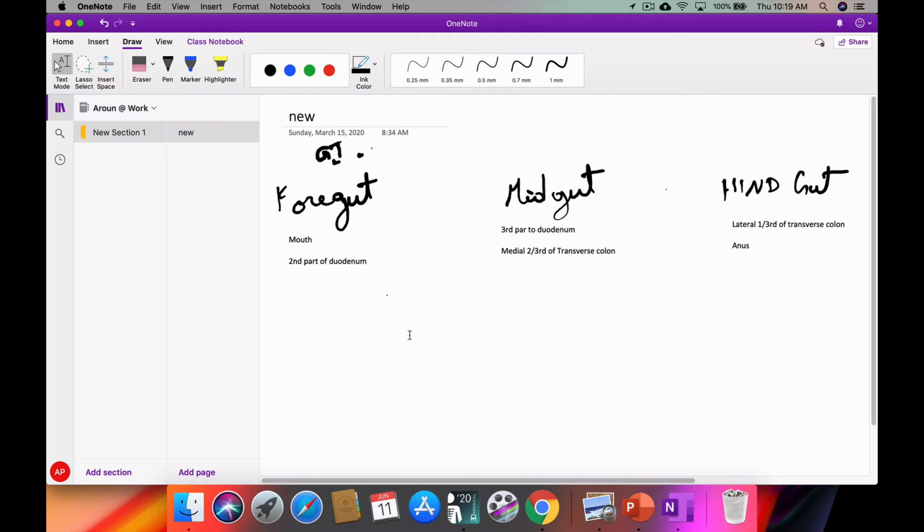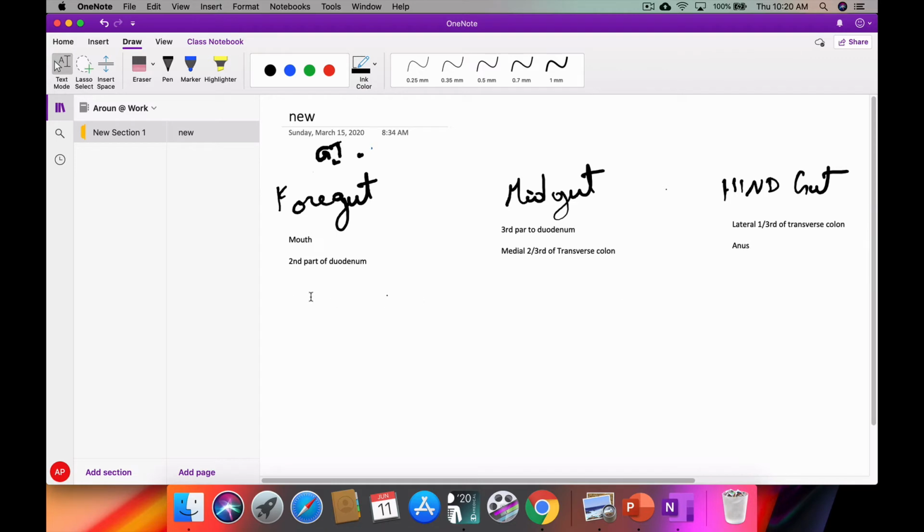Now the foregut starts in the mouth and ends in the second part of the duodenum. The midgut starts in the third part of the duodenum and ends in the medial 2/3 of the transverse colon. That is, it includes duodenum, jejunum, ileum, cecum, ascending colon, and transverse colon. The hindgut starts in the lateral 1/3 of the transverse colon and includes descending colon, sigmoid colon, rectum